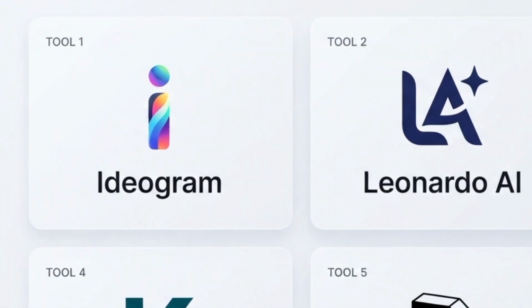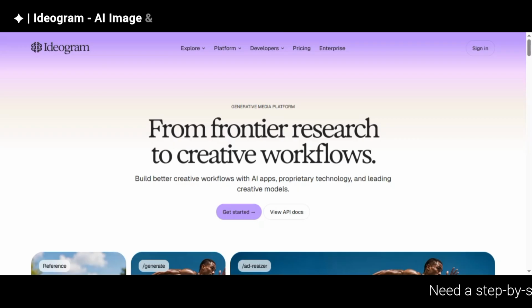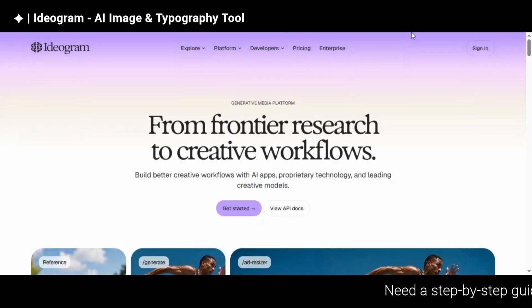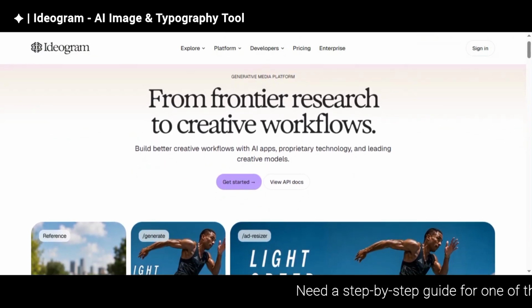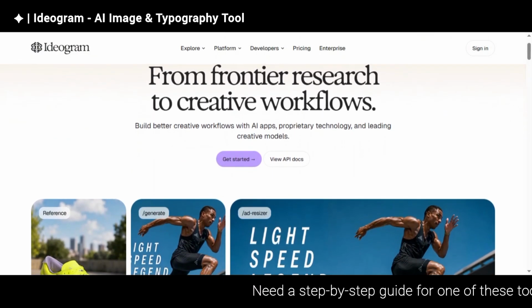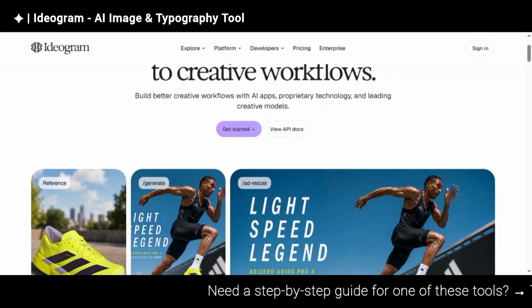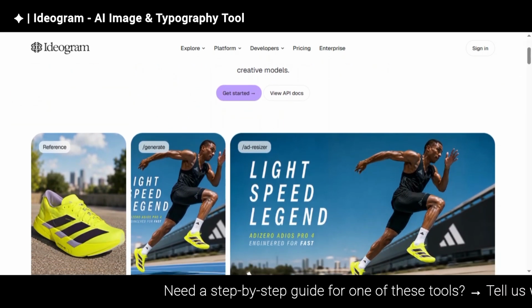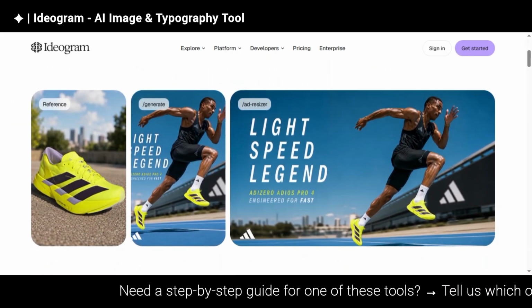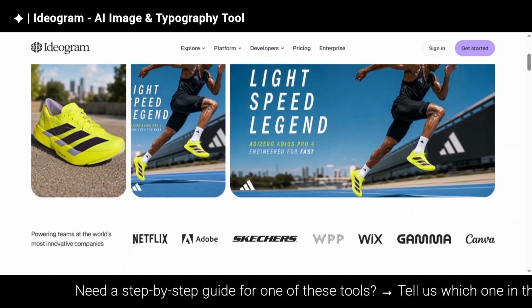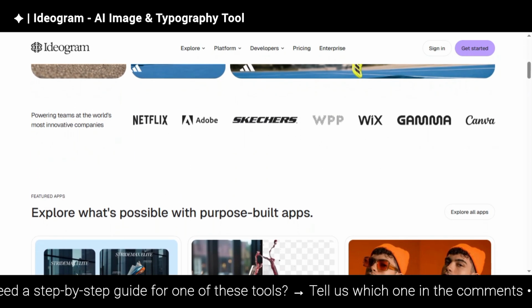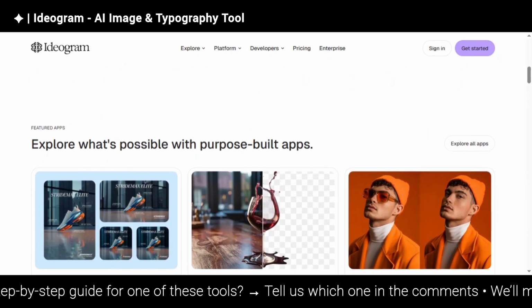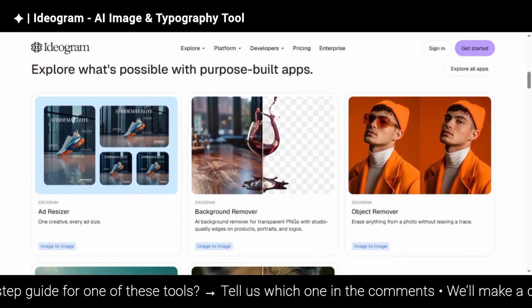If you've ever tried generating an image with text inside it, you already know the problem. AI can create an amazing poster, but completely destroy the headline. That's where Ideogram stands out. Its image generation is especially focused on typography and designs where the text actually needs to be readable. You can describe a poster, social media graphic, book cover, logo concept, or advertisement, and Ideogram can generate the visual